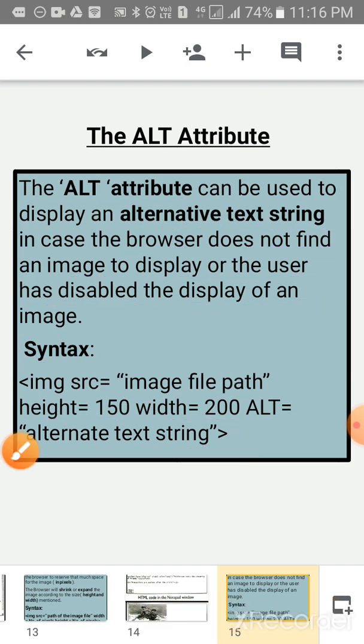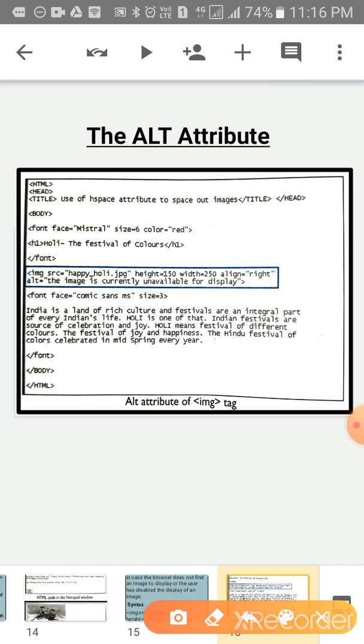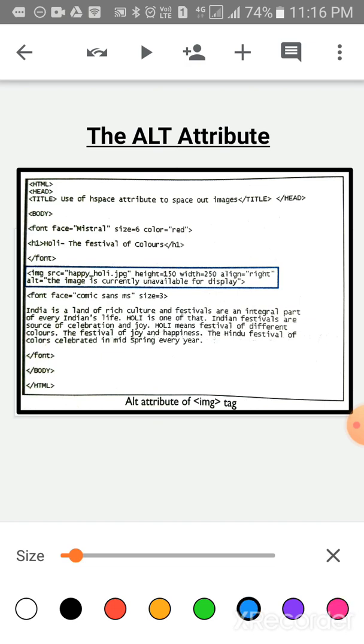Okay children, now children, look at the screen. This is the screen of the alt attribute in the img tag. Children, this is the same. This is the alt attribute we are using here: img space src is equal to, write down the file path dot jpg, height is equal to 150, width is equal to 250. Align is equal to right.